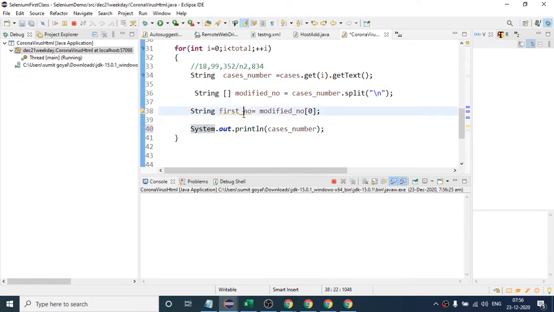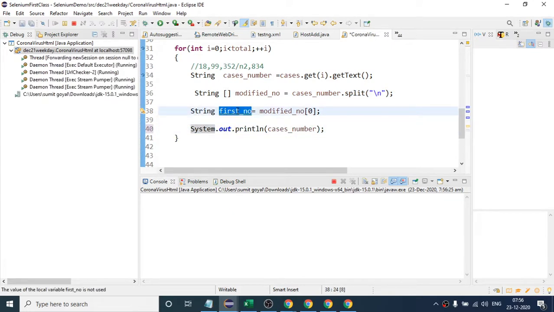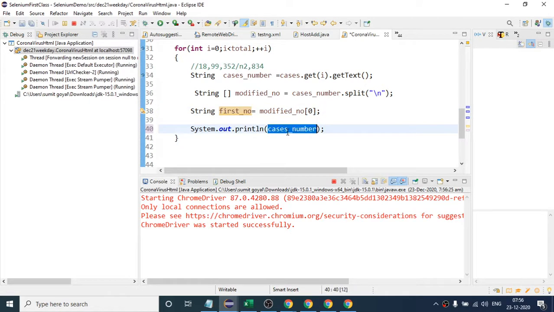And let me also print this number. Save it.